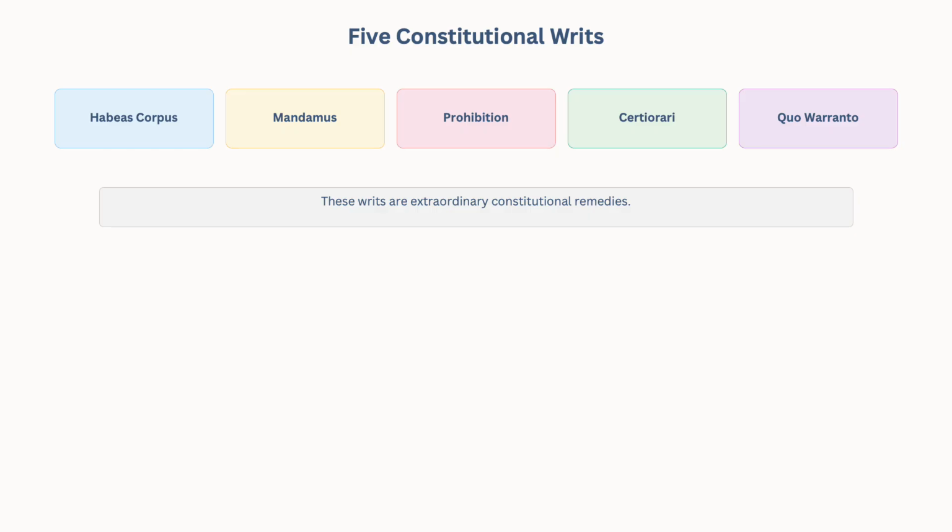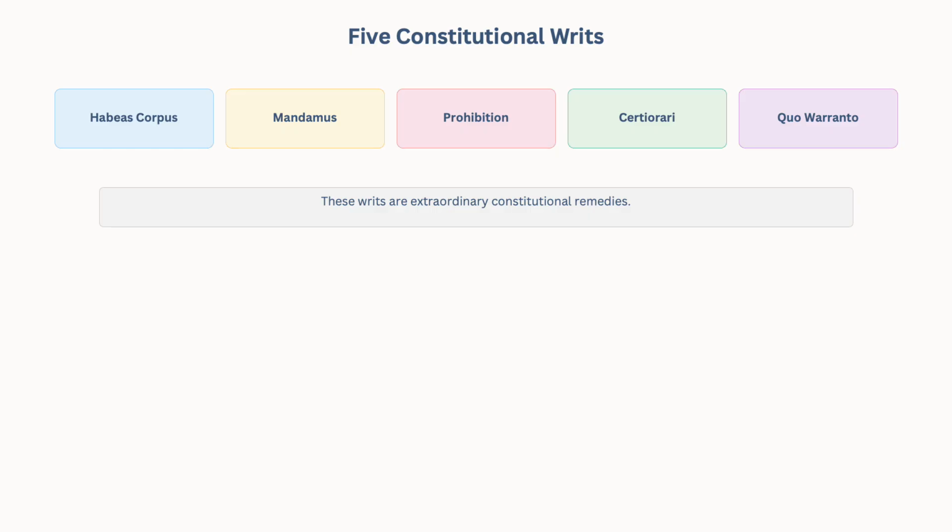So let's just take the example of you being arrested. You were arrested. Now, if you were arrested and you were not given the reason why you were arrested, you can go to the court and invoke the writ of habeas corpus. Habeas corpus means anyone who arrests you should produce you before the court. Right, we talked about that. Within 24 hours, they cannot just keep you in jail for a very long time. They must produce you before the court and also give reasons why you were arrested.